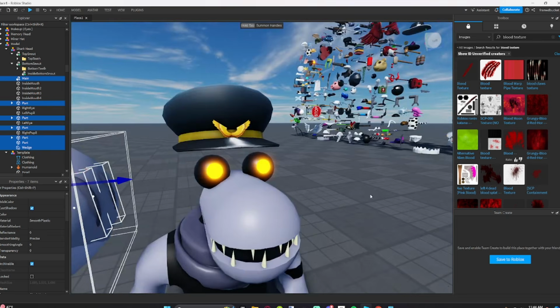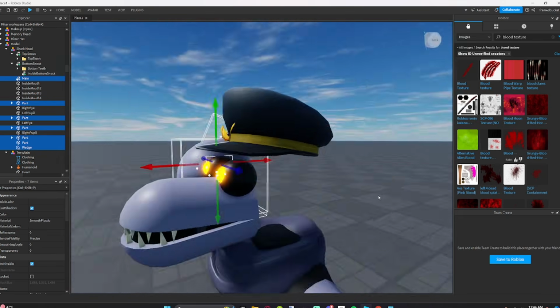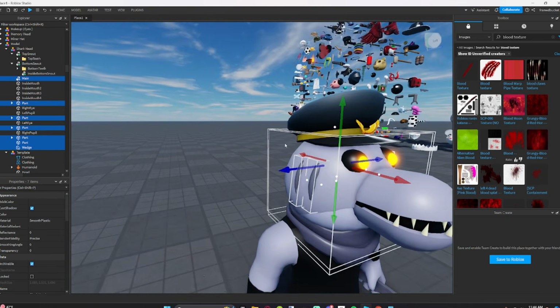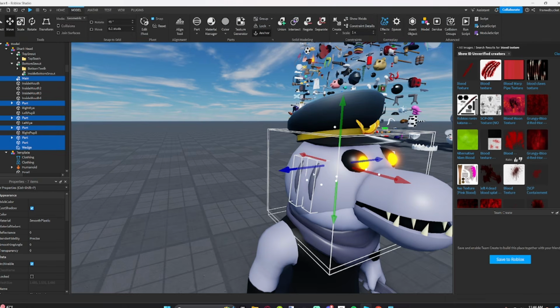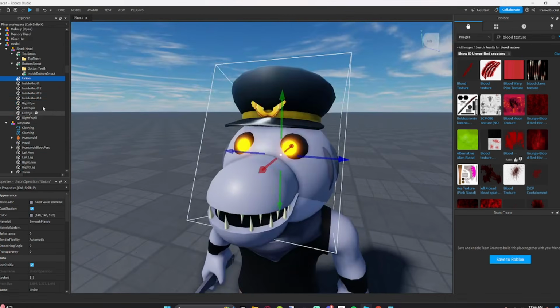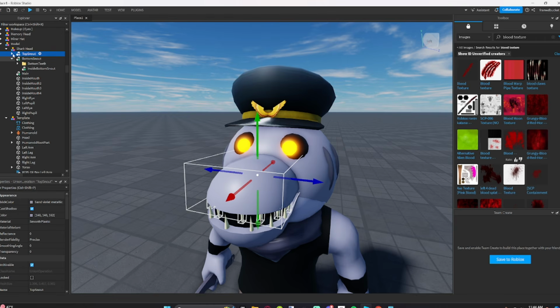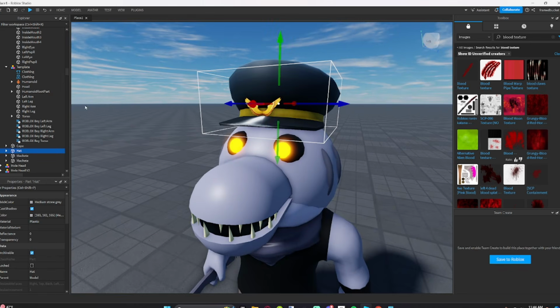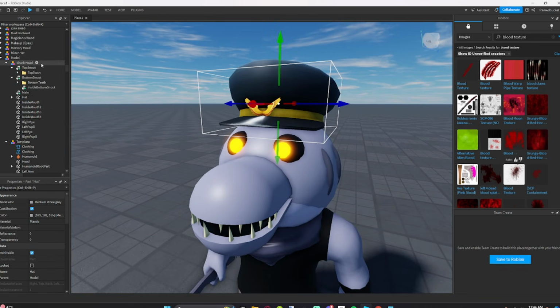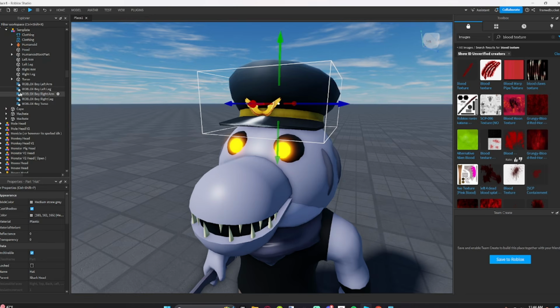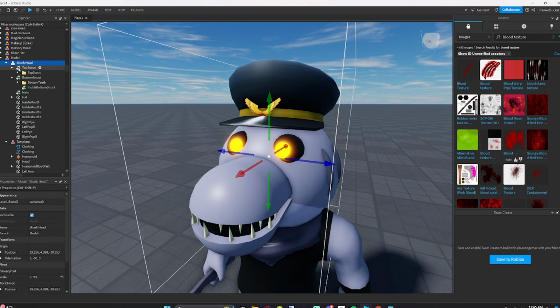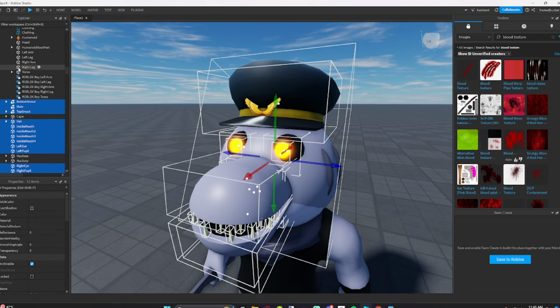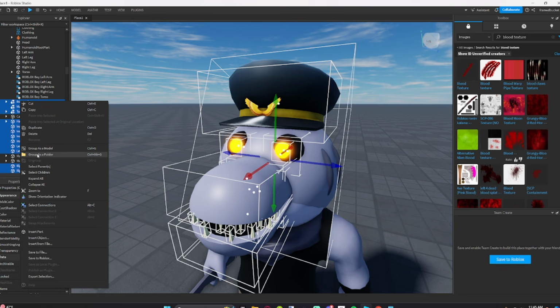And basically, that looks really goofy, but yeah, we're just gonna union all this. So just call this main, and then we should be good for the head. So we got everything named. We got the hat. Let's put the hat in here. And now we're just gonna ungroup this, Control U for ungroup, and then we're just gonna right click